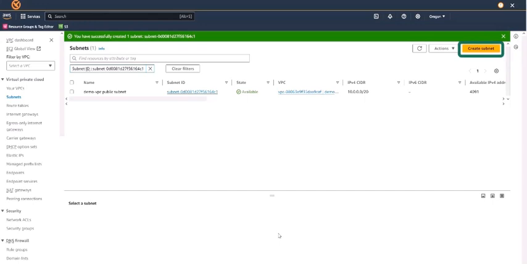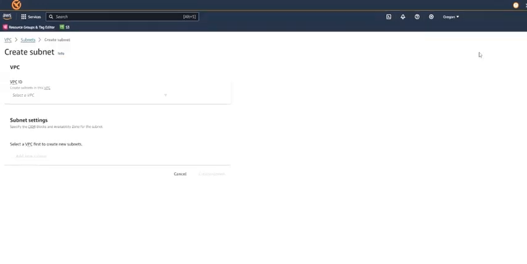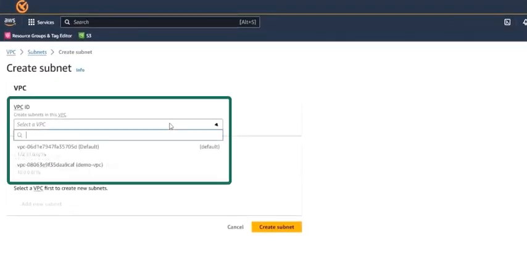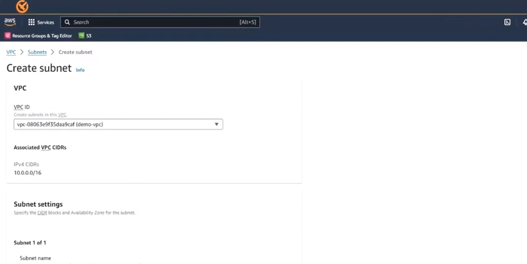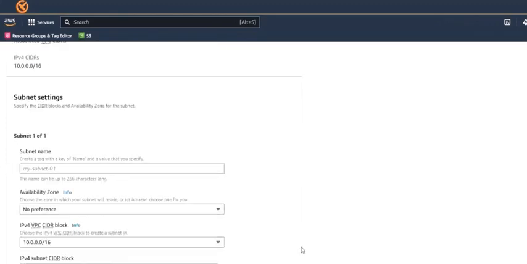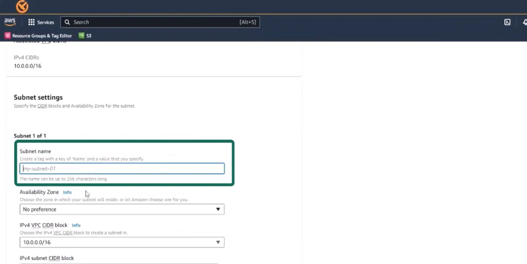Let's create a private subnet. Select Create subnet again, and then we select demo-VPC, and then scroll down to subnet name and enter demo-VPC private subnet.